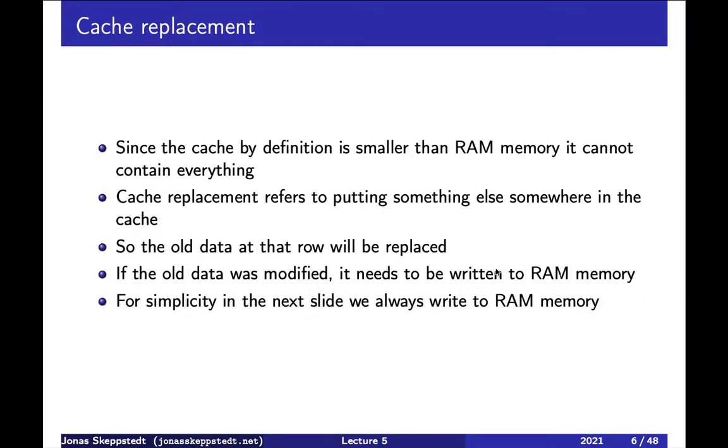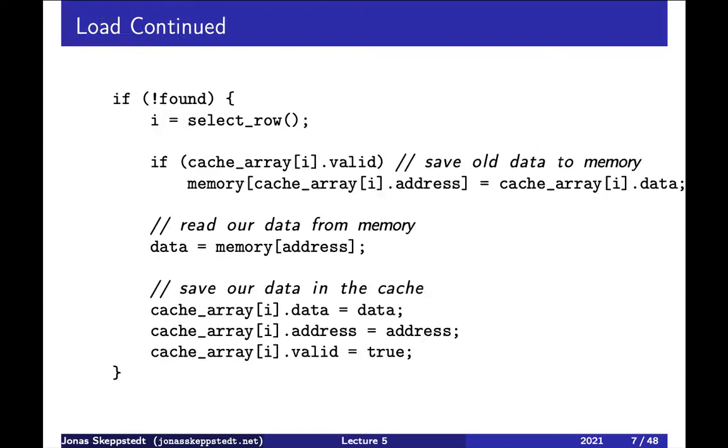This is called cache replacement. And we only write back to memory if the data was modified, but to make this model simpler, we always copy it back. Okay, so if the data was not found, meaning the address was not found, then we select